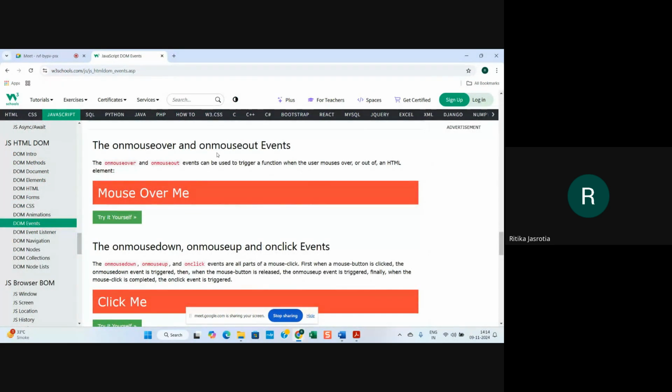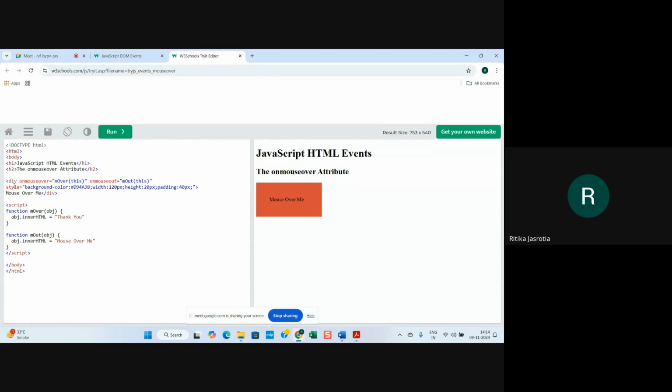Then on mouse over and on mouse out events are also there. So on mouse over and on mouse out events can be used to trigger a function when the mouse moves over or out of an HTML element. So if you see, if I'm outside, it says mouse over me. When you move the mouse over it, it says thank you. Again, it comes back. So how it is done is, they have created a div, a division. On mouse over is the event, equal to